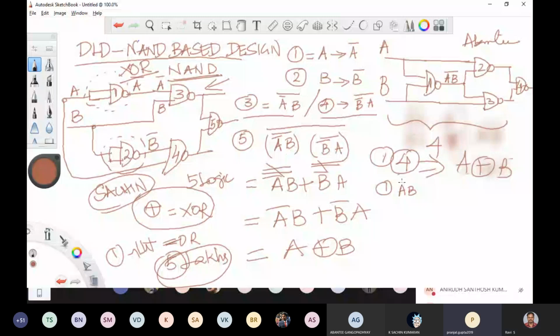So number 2 logic gate takes A as one input and AB whole bar as the next input. Whole bar is the property of NAND. A into AB whole bar, the whole bar, correct? That is the output of the second NAND logic, correct? Any doubt? So number 3 takes B as the first input and AB bar as the second input, whole bar is the property. So that is the third NAND logic gate. Any doubt?